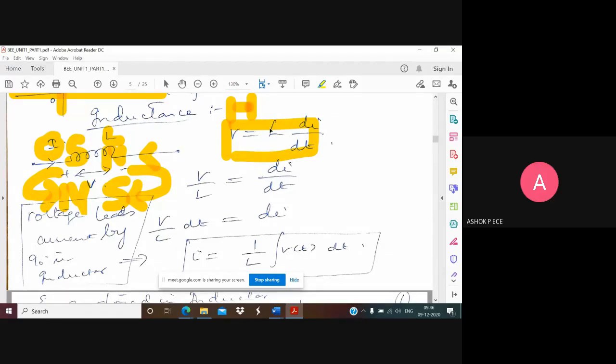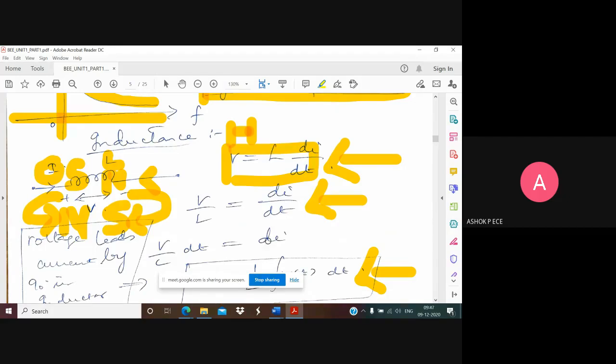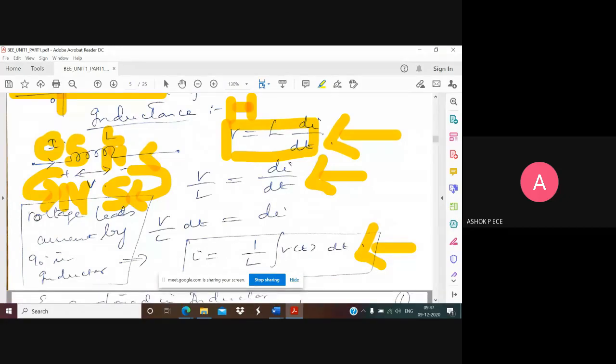Thank you, sir. Okay, so the voltage across an inductor formula is given. In the same way, rearranged, you can find the current through an inductor: I is equal to 1 by L integral V of t dt. Remember only one formula, and you can get the other. So in an inductor it is the reverse: voltage leads current by 90 degrees. You apply I equal to sin t, you get V equal to cos t. So if you draw sin t, cos t will come, so voltage leads current in an inductor.